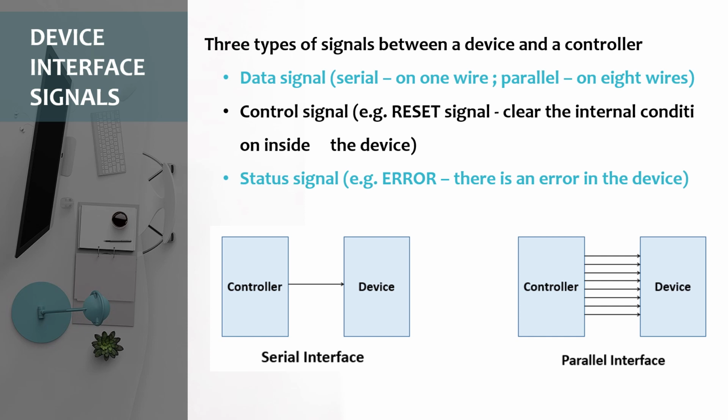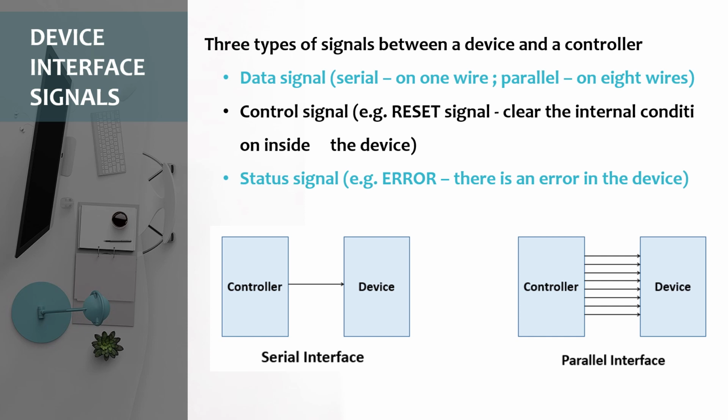And next we have a status. Of course, we need to check whether it has reached or not, is it delivered or not, is it copied or not, is there any error, is it in a pending mode or what. So all these things are in a signal form. So we have three types of signals between a device and a device controller: data signals, control signals and status signals. These two. Then the control signals are issued by the device controller actually.